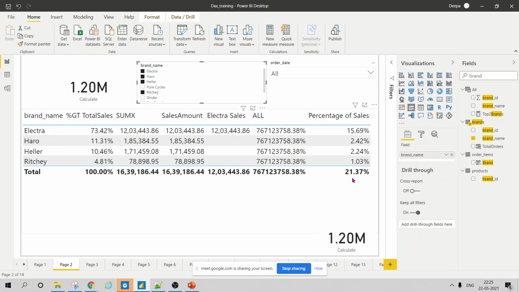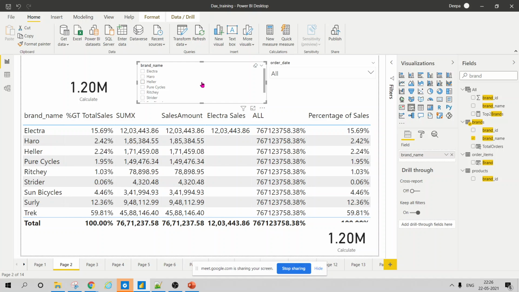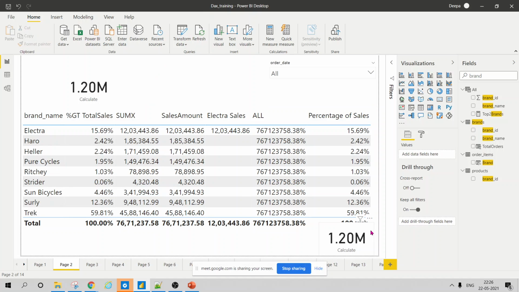21.37. So this happened to me where I used this formula only when I had this use case, that no, I want this formula to be like this, that I want the actual percentage for the selected values.